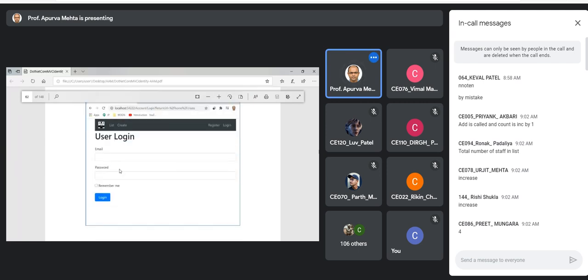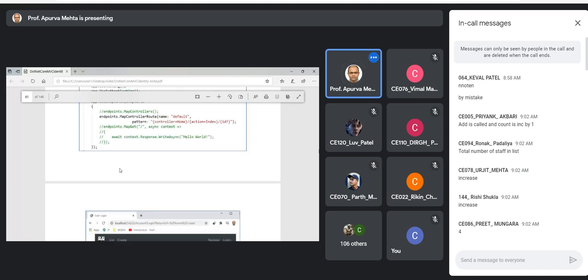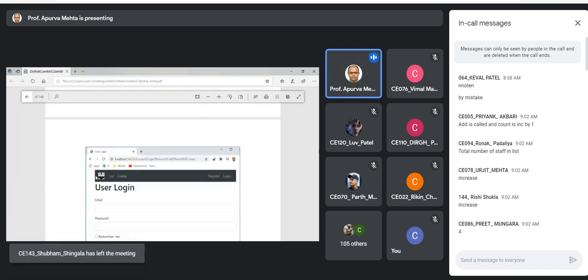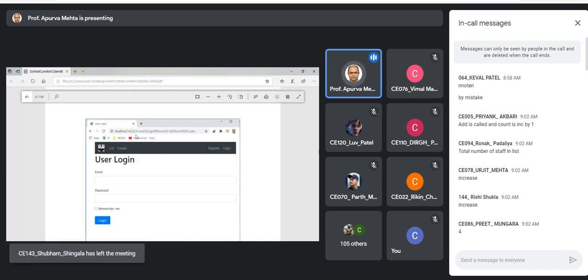So now authorization is added into the pipeline. Now what would happen? Now I'm making a request to which URL? I'm making a request to home create. How can I verify? You see the return URL. See the URL.